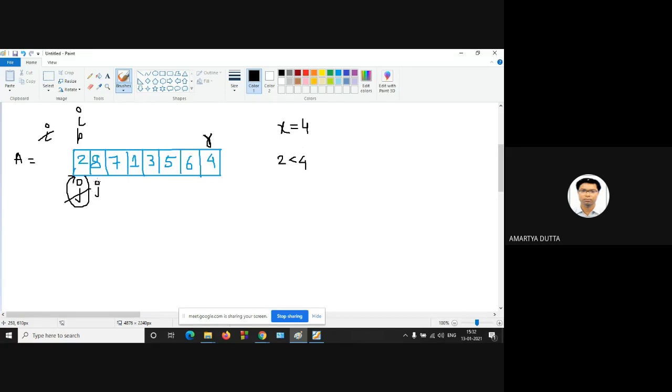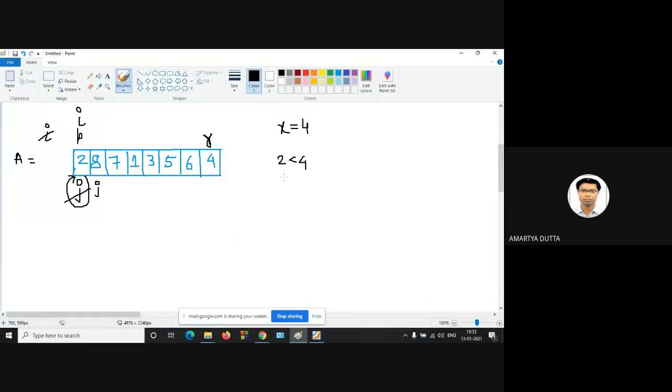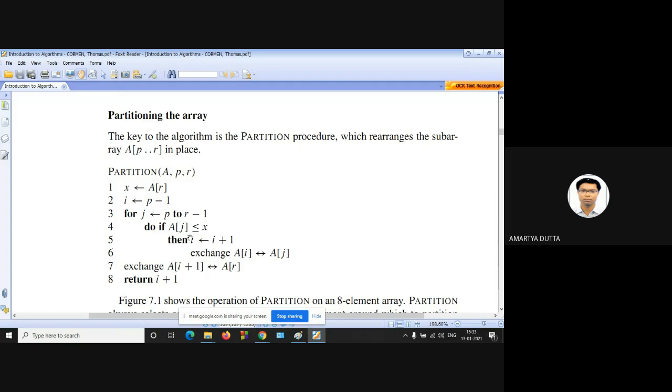Okay. Now AJ is less than or equal to X. So what is the AJ value? Your AJ value is 8. So 8 is less than or equal to 4. This is false. Here 2 is less than or equal to 4, that's why true. So line number 5 will not be executed.